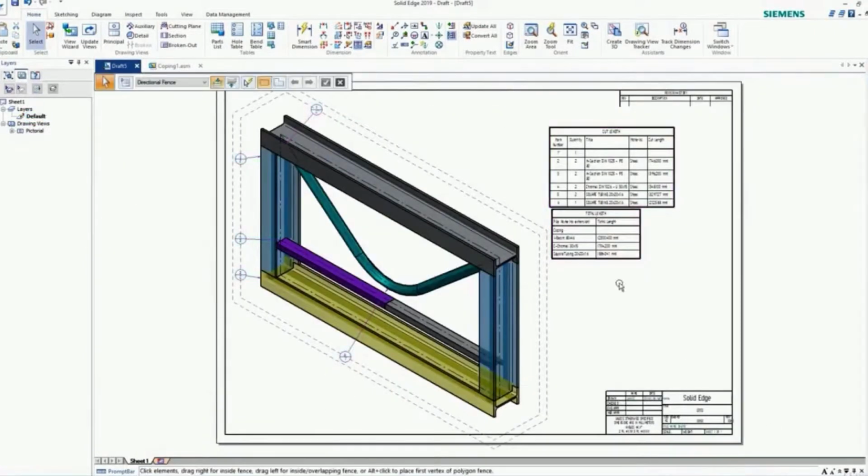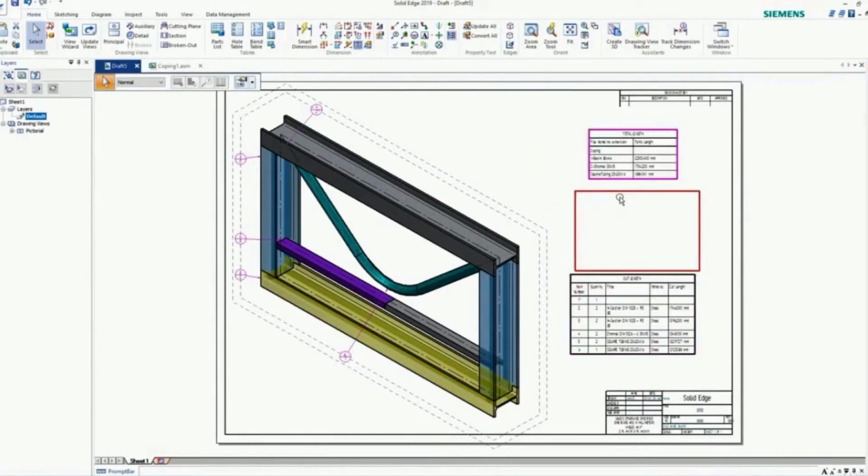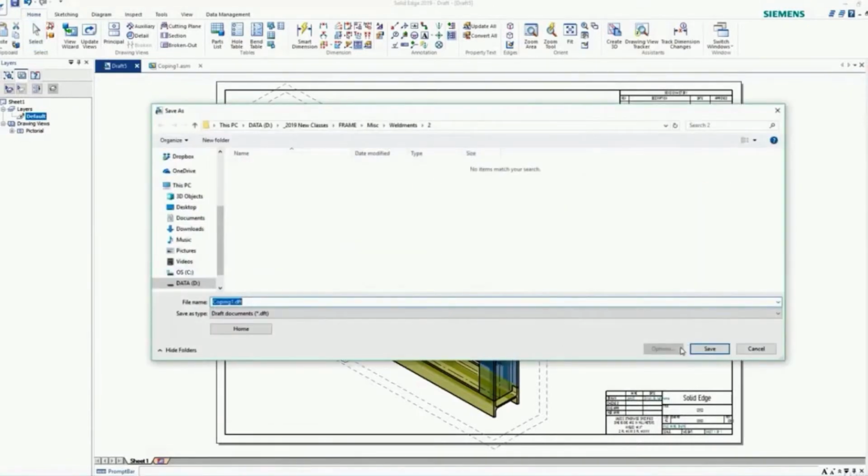Let's fit our view. And if we need to, we can just touch on these and move these around, reposition, and we can go ahead and save. And I'll go with the default name,